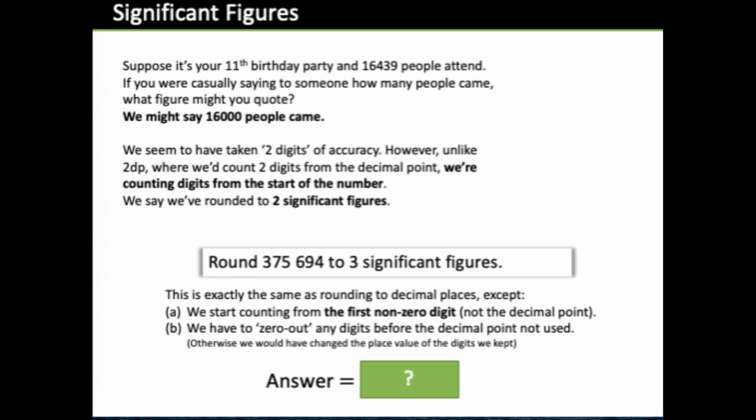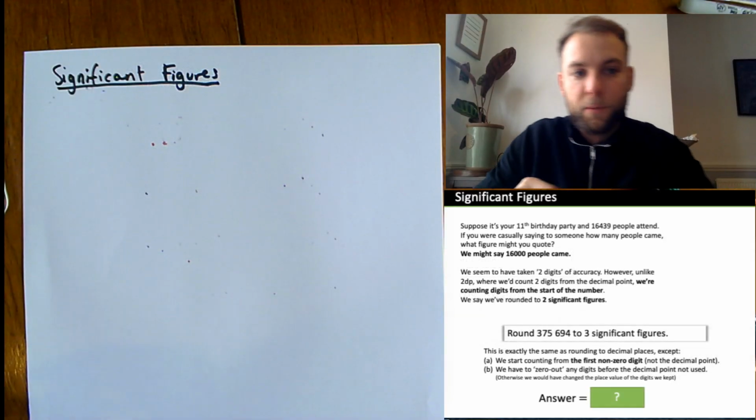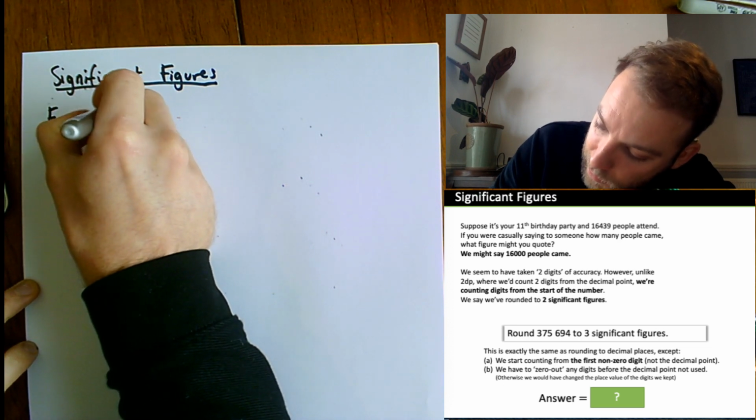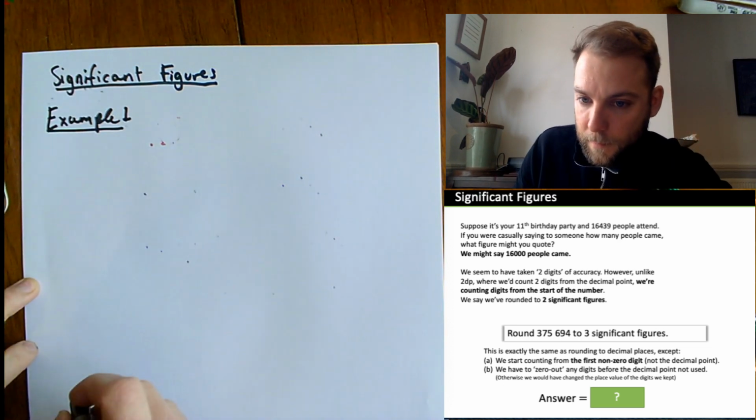And if we're rounding a large number, we need to zero out any digit before the decimal point not used. Well, we'll talk about this in a second. If we've got something, let's say like 17,400, we're not just going to write the number 17, we're going to write 17,000. So let's have a go at the question that they've got us here. So this would be back to example 1, because it's a different topic. So example 1, and it says